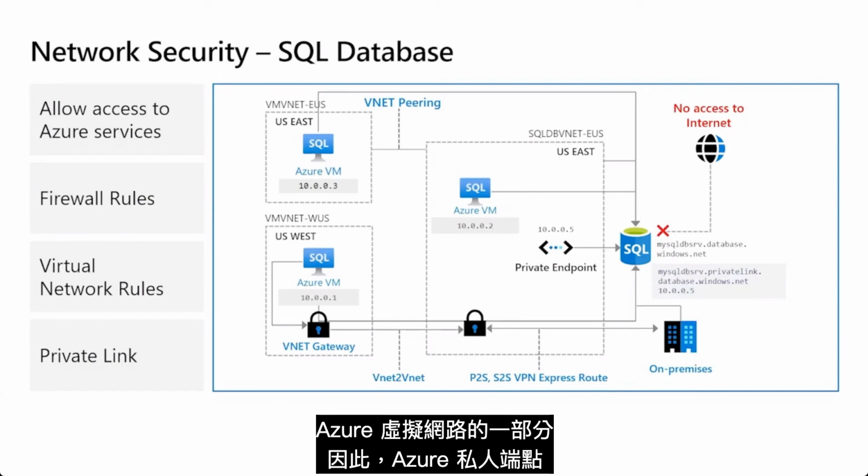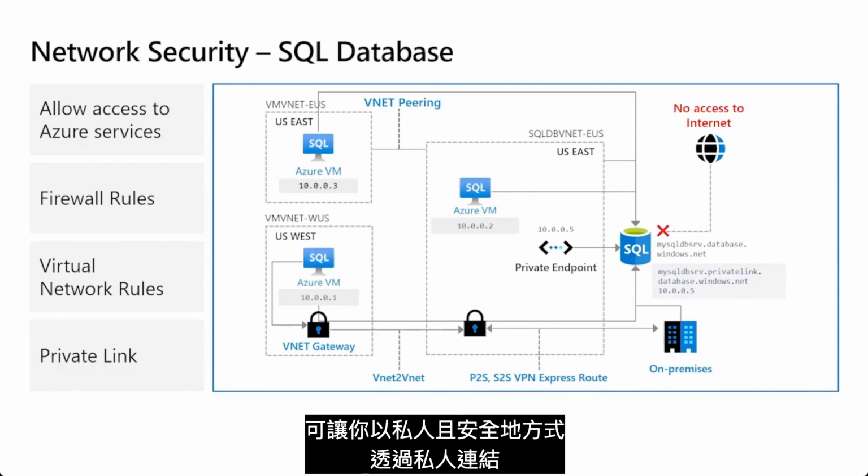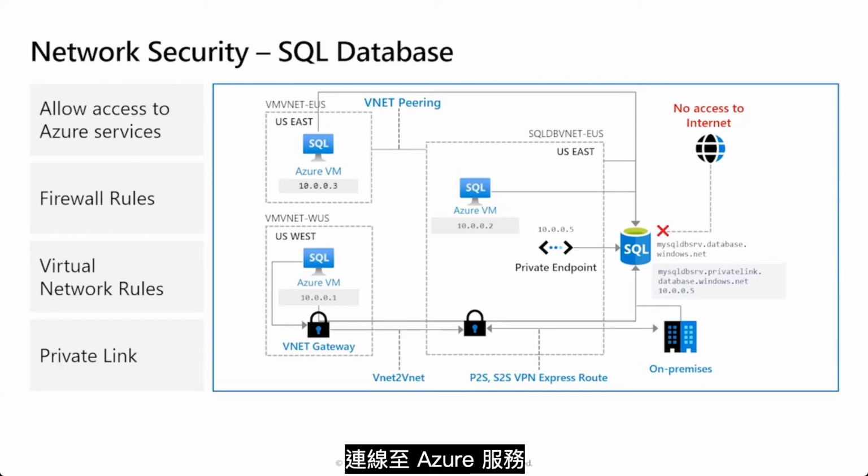So with Azure Private Endpoint, this is a network interface that allows you to privately and securely connect to Azure services through a private link. So private endpoint uses a private IP address from your virtual network so that it effectively brings that service into